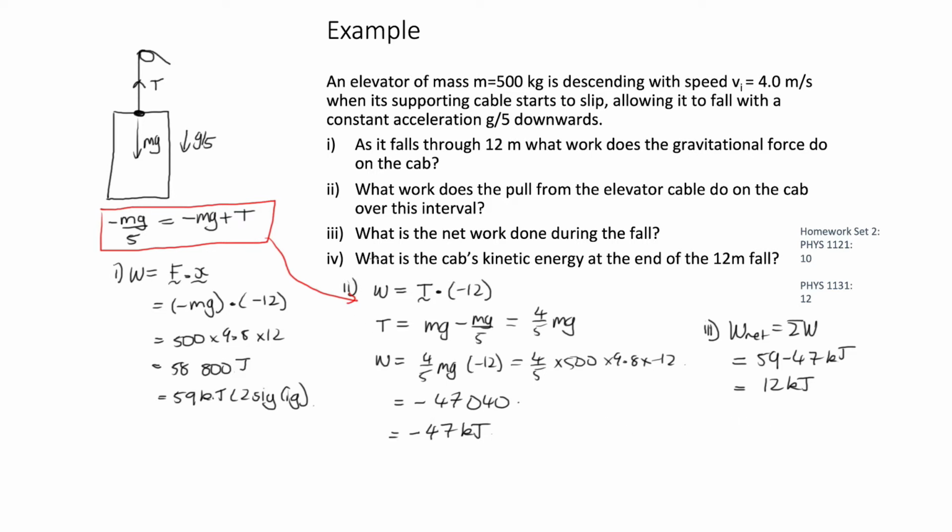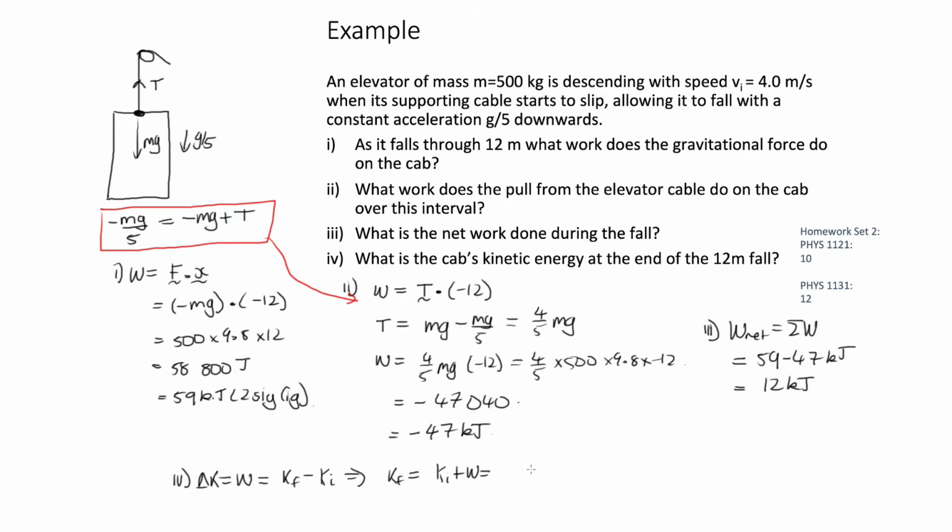And then part 4 says, what is the cab's kinetic energy at the end of the 12-meter fall? Okay, so we've got an initial kinetic energy in this case. So for part 4, we can say, well, the change in kinetic energy is equal to the work done. That's our work kinetic energy theorem, which is equal to the final kinetic energy minus the initial kinetic energy. And so we can say final kinetic energy is equal to the initial kinetic energy